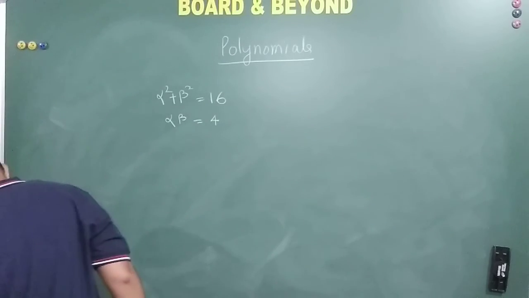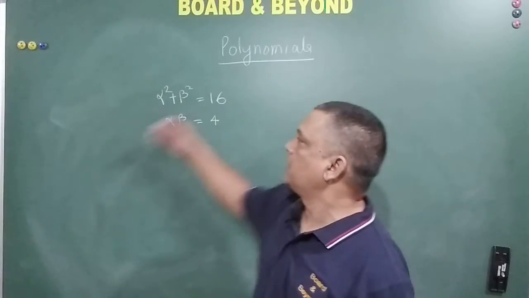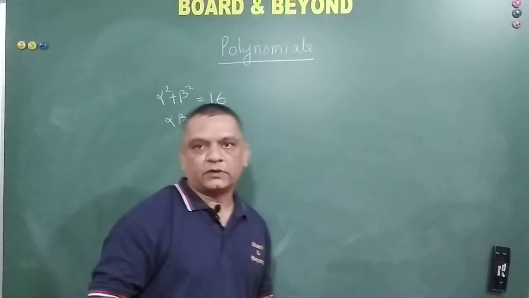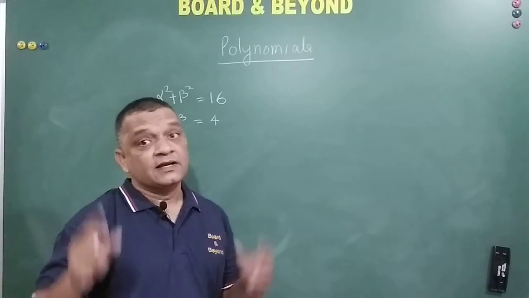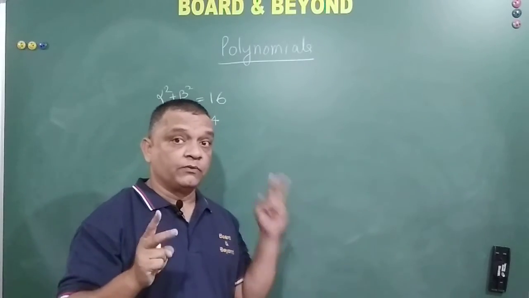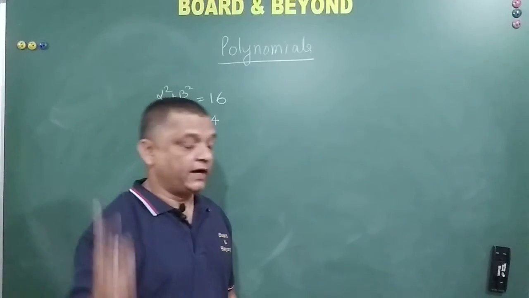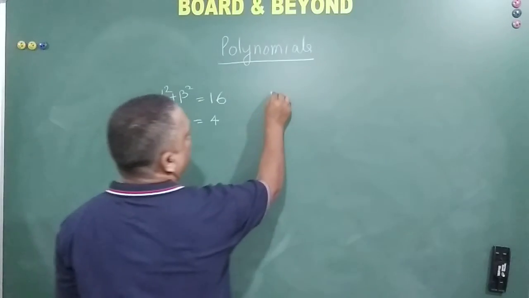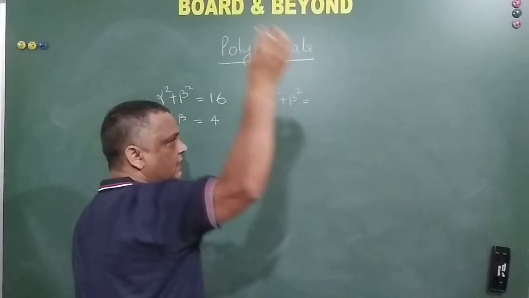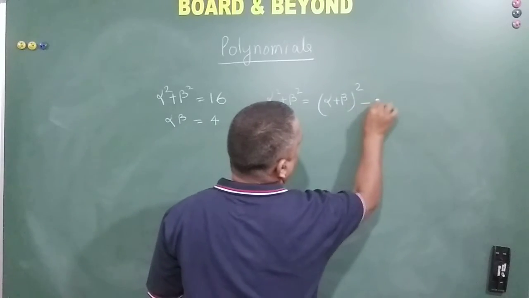Now we are expected to formulate the quadratic equation for which these two conditions hold good. So we all know that for that we require the sum of the roots and the product of the roots. If we are able to find the two, then we can formulate the quadratic equation. So alpha square plus beta square, from our previous knowledge, can be written as alpha plus beta whole square minus 2 alpha beta.